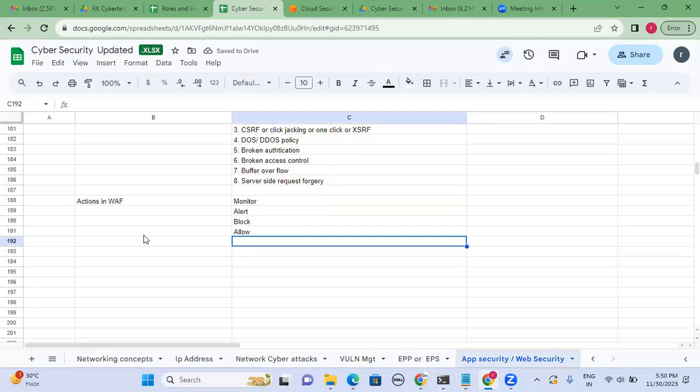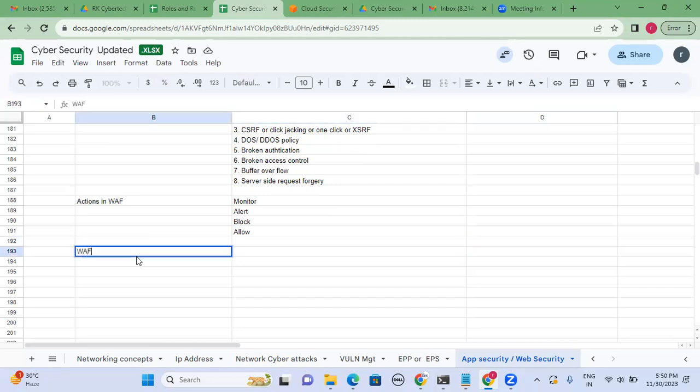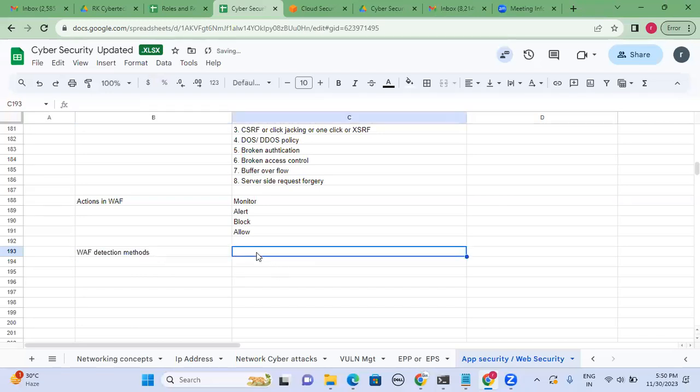But how will these actions be done, based on what parameter? How will it detect and consider traffic as malicious content or legitimate, illegitimate, non-malicious, abnormal, or suspicious application traffic? How will it detect and identify? The backend WAF detection methods are: one is signature based, second is machine learning,